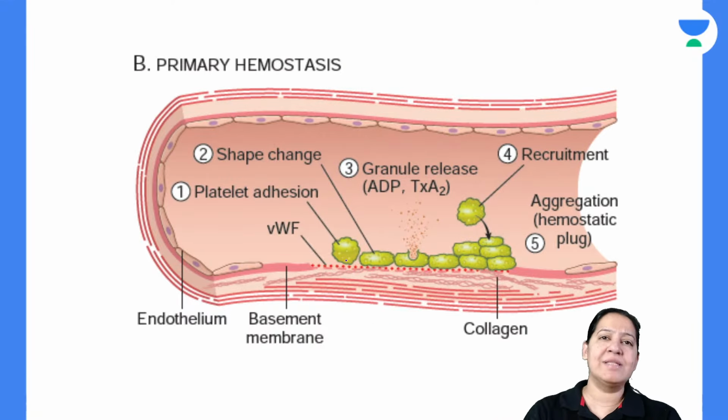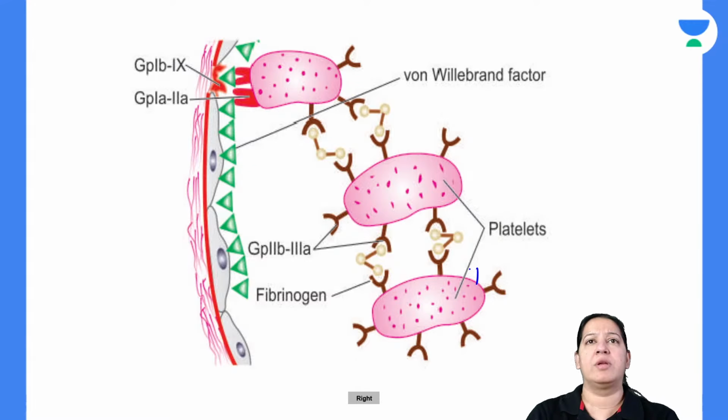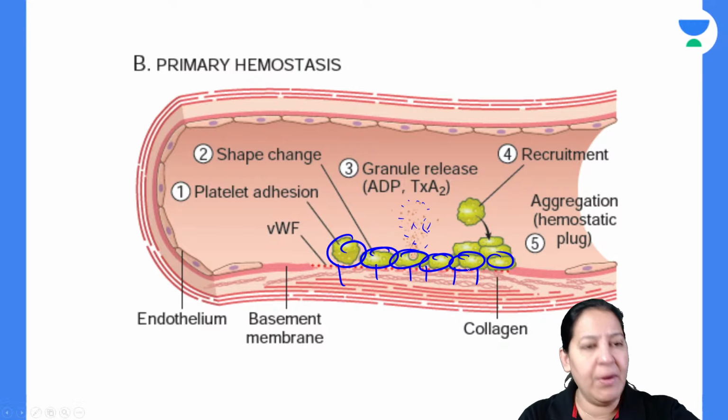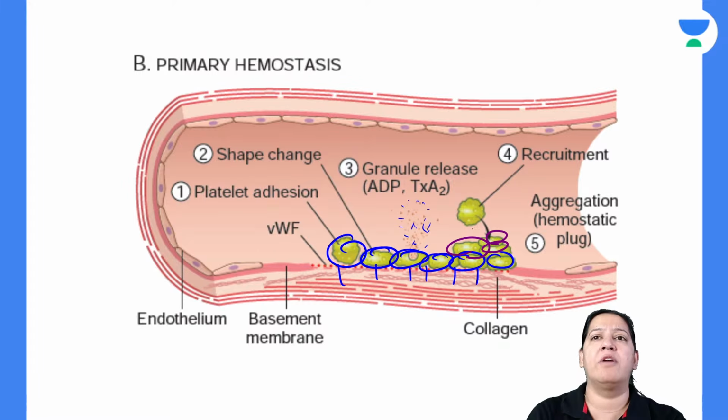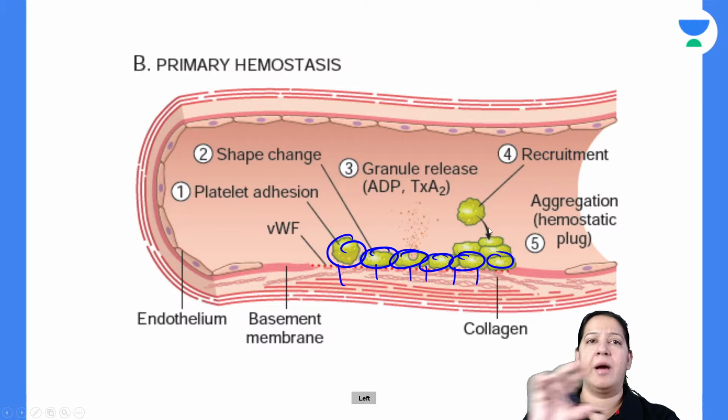So in this diagram, you can see the first row of the platelet. It is forming a bond with the subendothelial tissue, the collagen. So that is platelet adhesion. And can you see the granules are coming out? This is activation. And then the subsequent rows, the second, the third, the fourth, they are forming bonds between platelet and platelet. So this is platelet aggregation. Give me a thumbs up. The same diagram. This is cross-sectional.